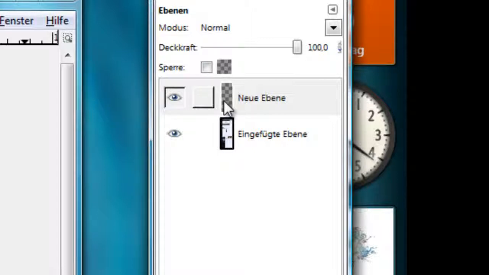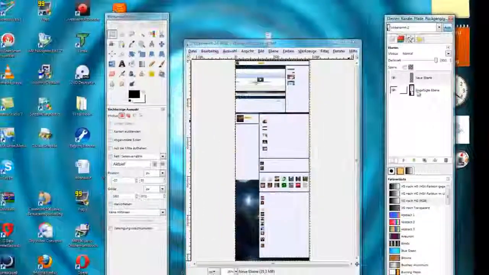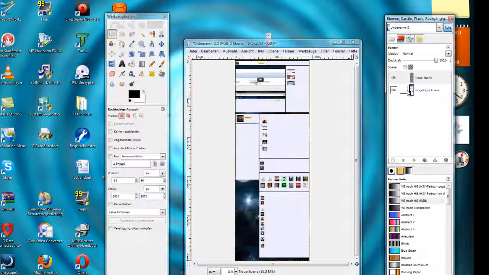So why do we need a new layer? Because we want to work on this layer. We are not going to work directly on our picture. This is also a layer. We just want to have a new layer so we can work on this thing here. So what I'm going to do is again